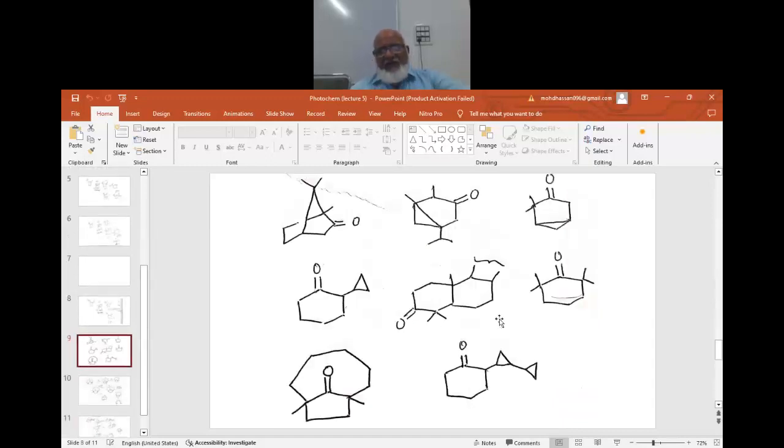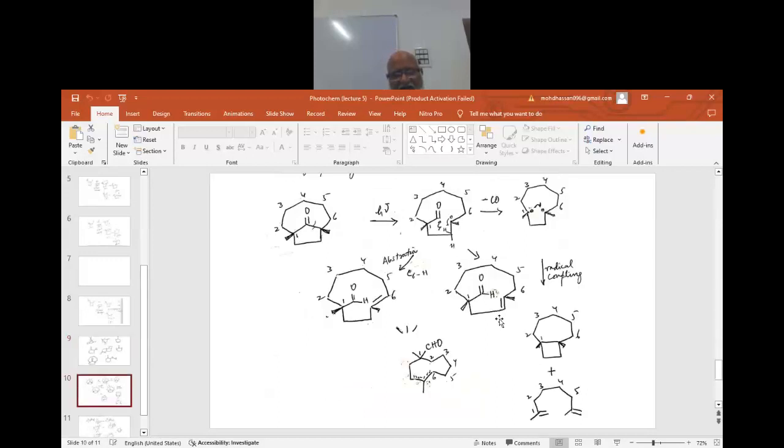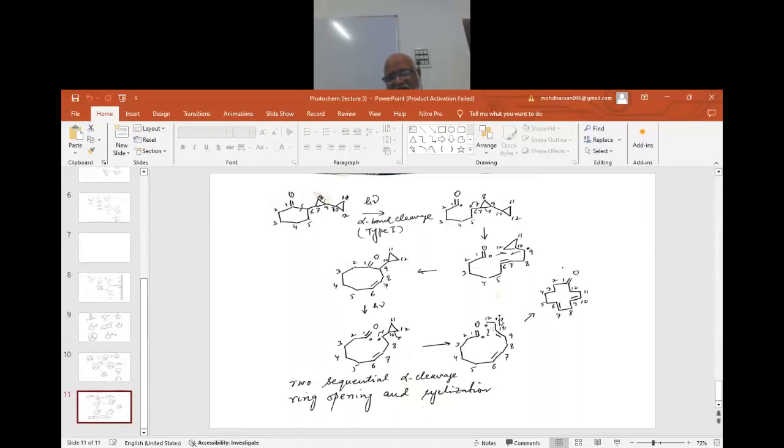Like this, we have a lot of examples. These reactions have been extensively studied by taking different substituents, and they give a lot of very interesting reactions. You can see here a cyclohexyl with two cyclopropane rings as substituents, and at the end of the reaction, both the cyclopropane rings become part of the ring. So you get a macrocyclic ring system, a 12-member ring. This is a very interesting rearrangement in this particular case.